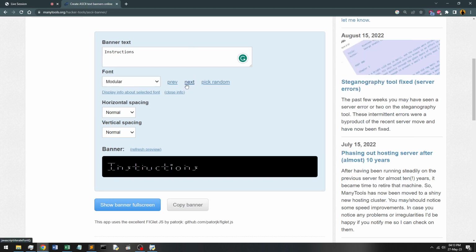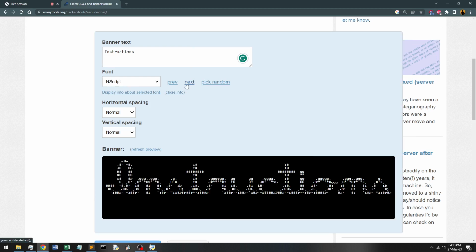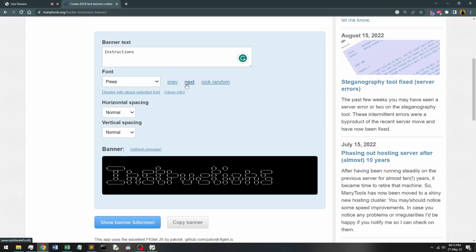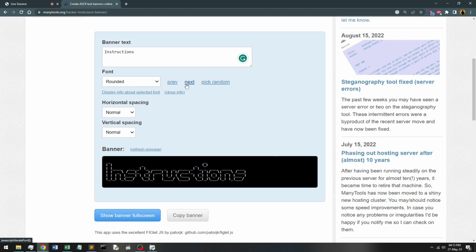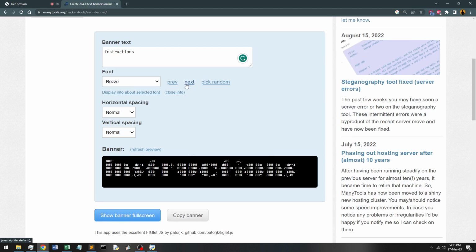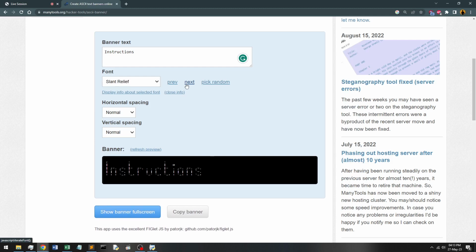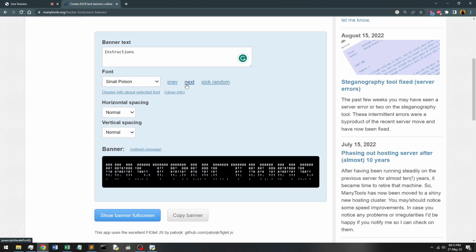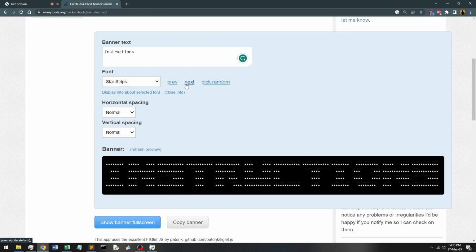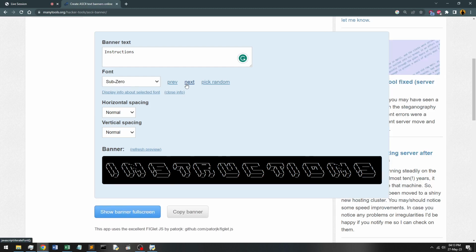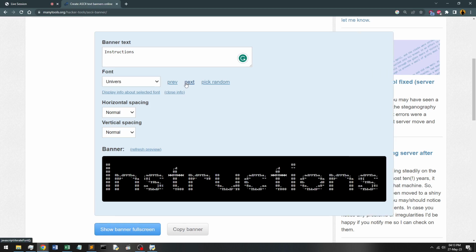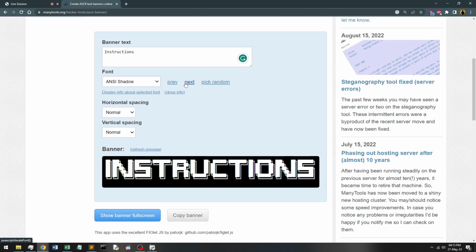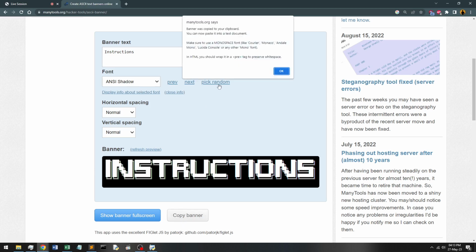I'm trying for a block based one. Okay, I got it. Instructions. It is called ANSI Shadow. Okay, let's copy